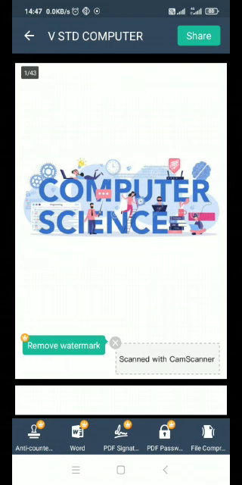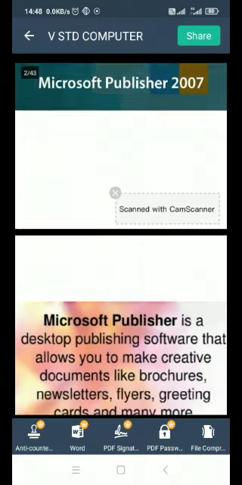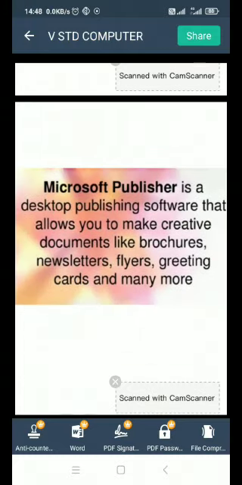Today I am going to teach you computer science. Our topic is Microsoft Publisher 2007. What is meant by Microsoft Publisher?